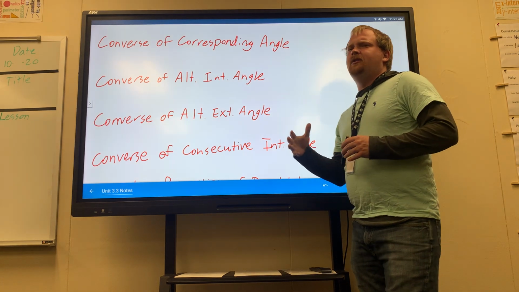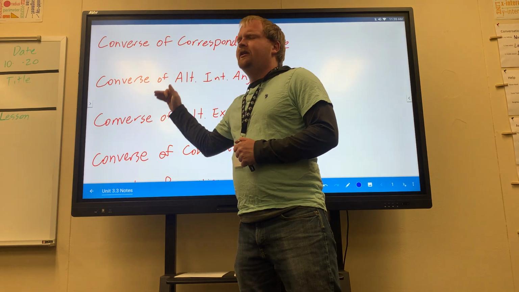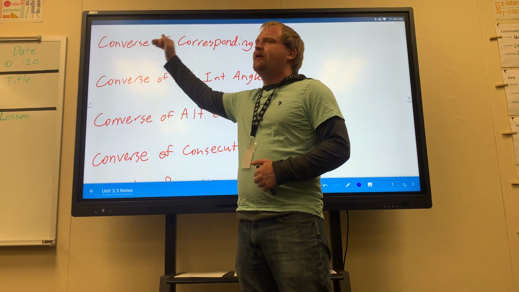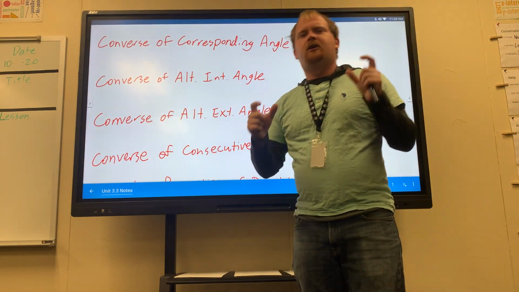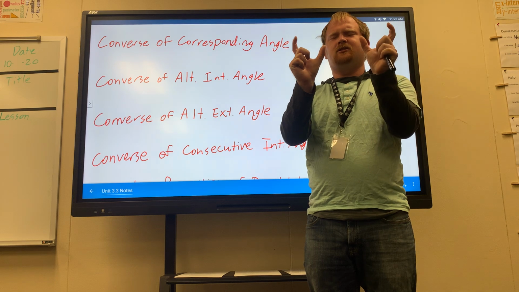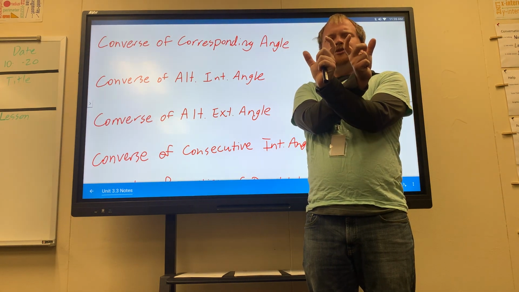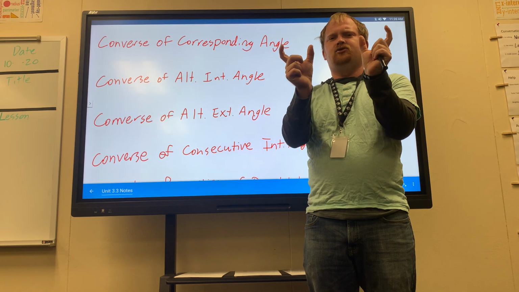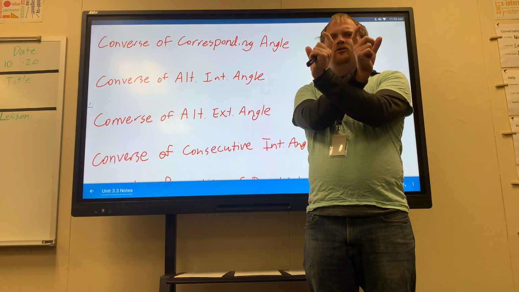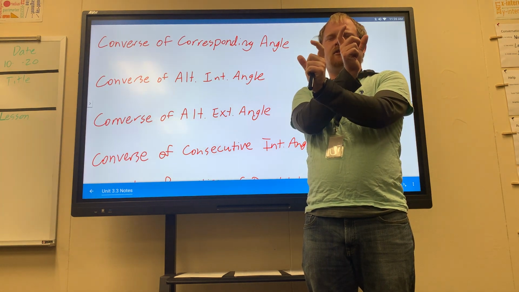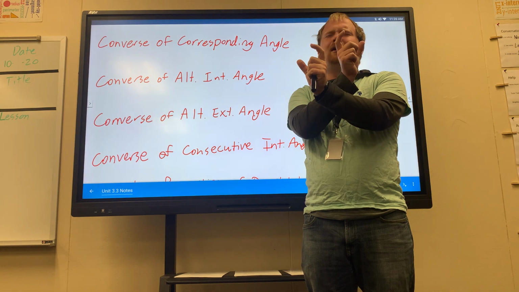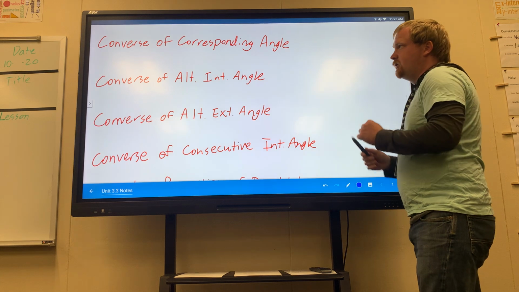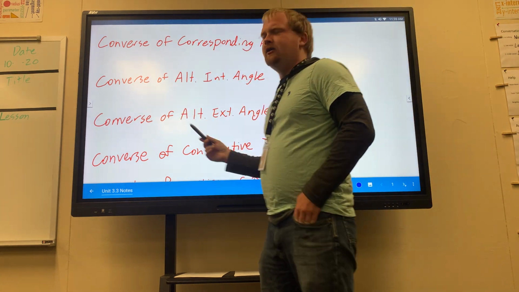Okay? So basically, what we actually have here, instead of the actual corresponding angles statements, we have the converse of it. So if you remember, the converse is taking the hypothesis and the conclusion and switching them. So the conclusion becomes my new hypothesis, and my hypothesis becomes my new conclusion. Okay? So, for example, the converse of corresponding angles states